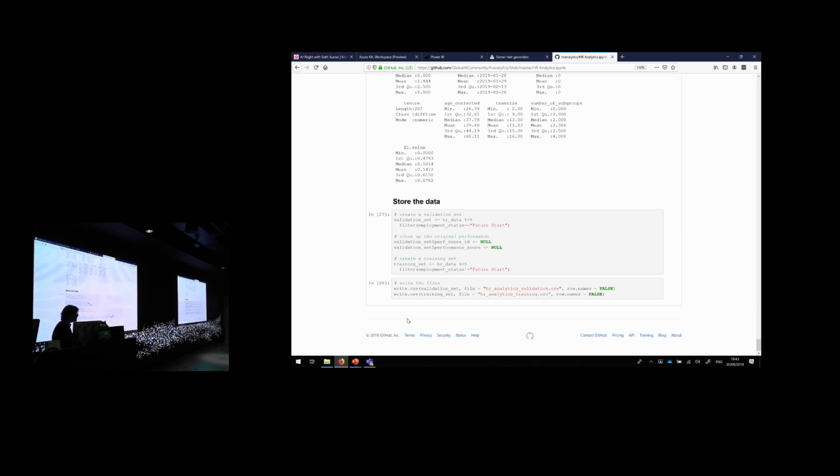And actually now we're ready to start with Azure, because now we did the cleaning. We also made a validation set, so at the end we can use our model with the validation set, and we have a training set. So here we save the validation, and we have the training. Now we've done that, we can start with the actual training of the model.